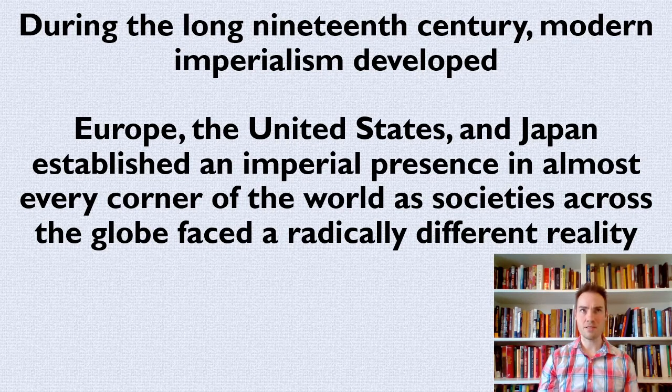This long 19th century sees all kinds of things happening, the formation of nation states, more revolutions, the rise of communism, all kinds of stuff is starting. But this time we're going to look at imperialism in the form that we know it in modern version, particularly coming out of Europe, the United States, and Japan. We'll see a growing imperial presence around the world, culminating in basically every country having some sort of colonial history. In Africa and Asia, there's a few exceptions, which we'll get to along the way, but for the most part, we're going to see the entire world is colonized during this period.